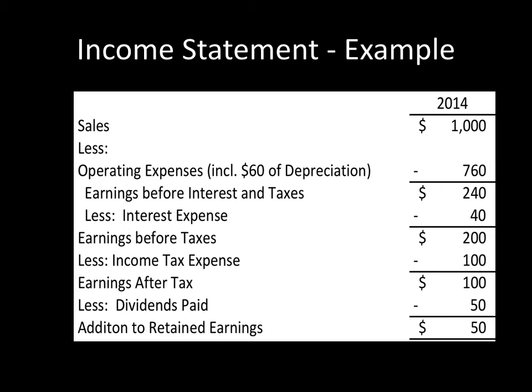In this total amount, we subtract it to get to our EBIT, or earnings before interest and taxes. Many times you might hear financial people refer to this as EBIT. This is a key number because it looks at the profits before we have to pay interest to the bank or on our loans, and also before we pay taxes. It's a better indicator of how well our operations are generating profits.